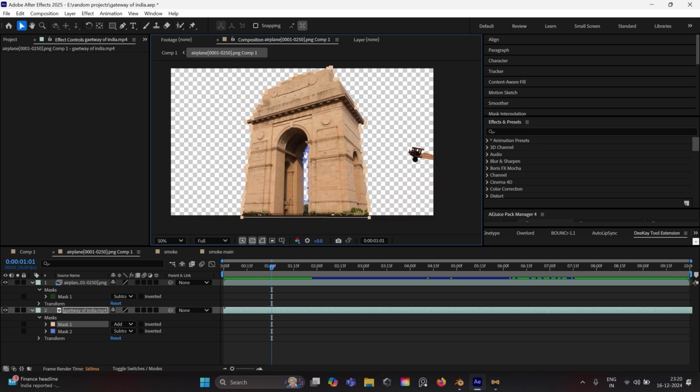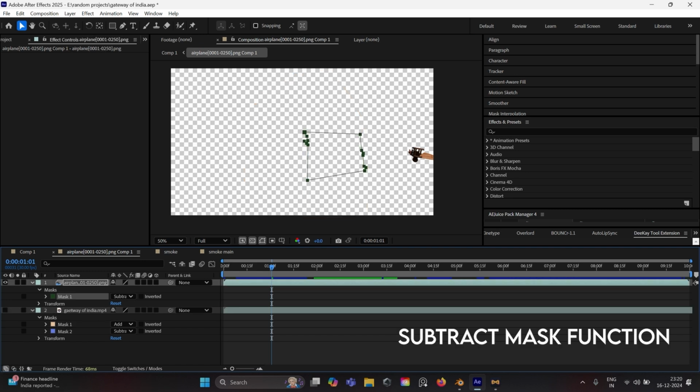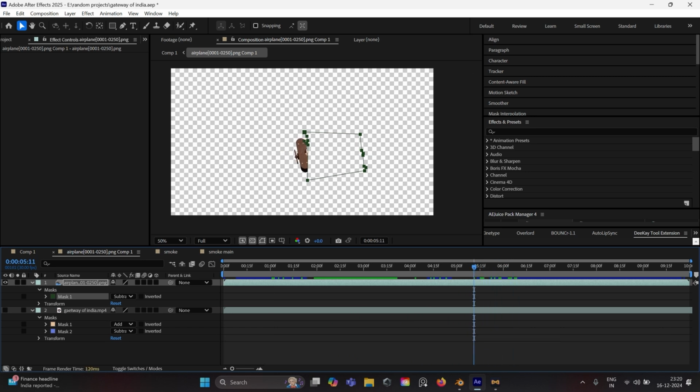Then I added a mask onto the building, telling the airplane that when it passes into this, it becomes invisible, and then appears again on the next side when you cross that pillar.